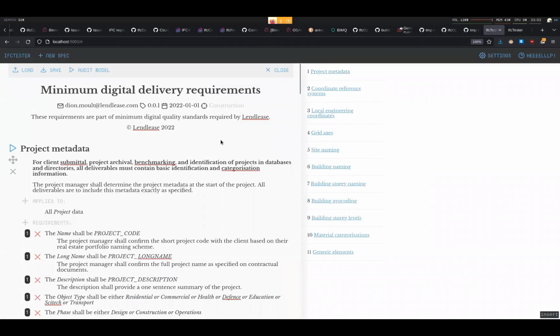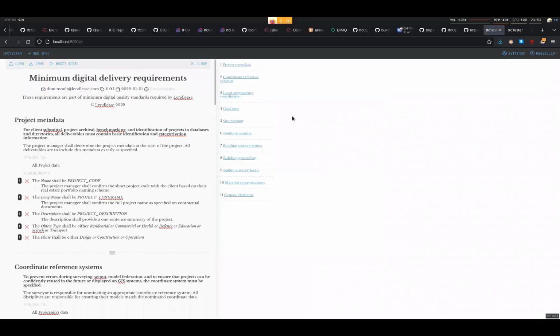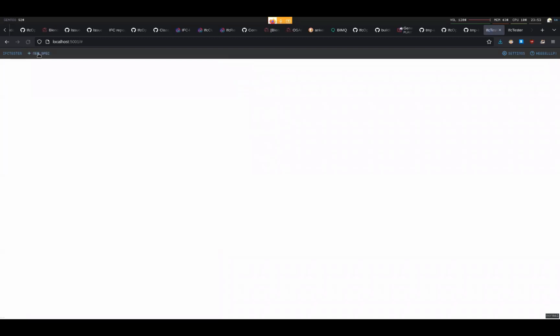But look, I already showed, for example, here is one. And some of these are just so mind-numbingly basic that there's no reason why they wouldn't be shared, and they will be increasingly shared. So for example, I've got a set of requirements here, the bare minimums: things like get your project name right, name your grids, name your building right, start putting your materials into categories. So for goodness sake, can we please identify all concrete things in a building? Then there's also